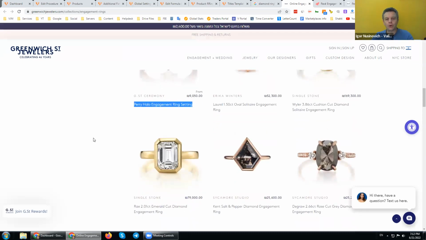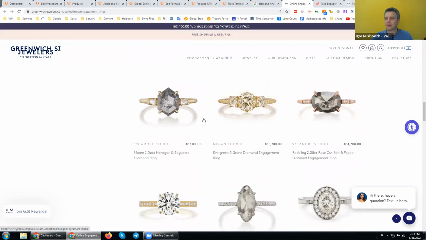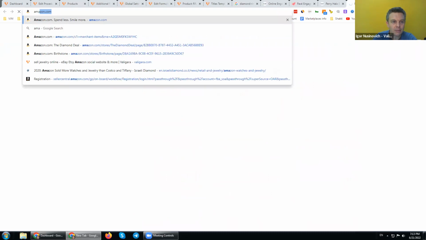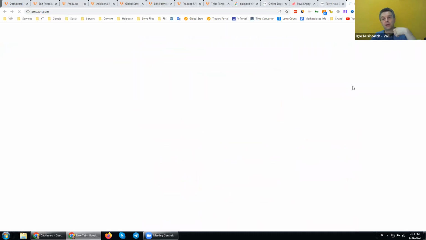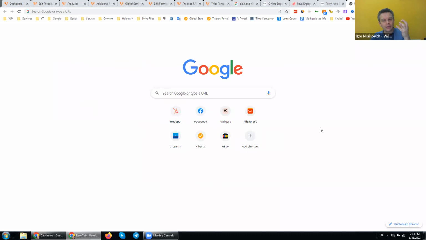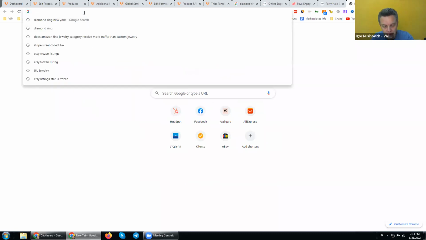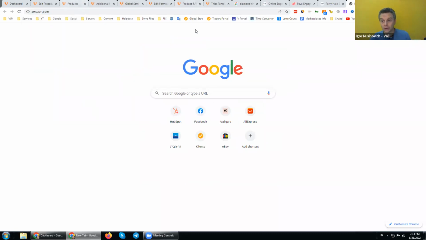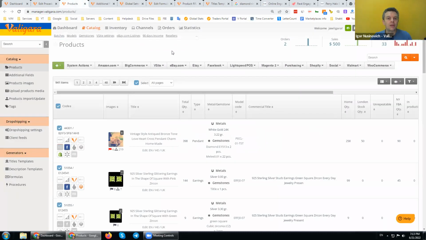Wherever we go, whether it's the website or Amazon, it's the content, and we need to create a proper foundation for our content to work online. And this is where this automation works.